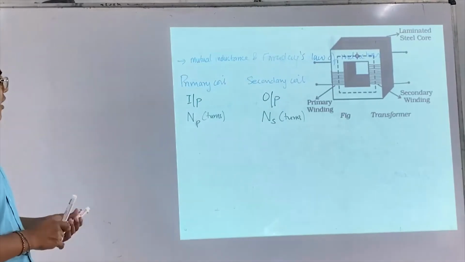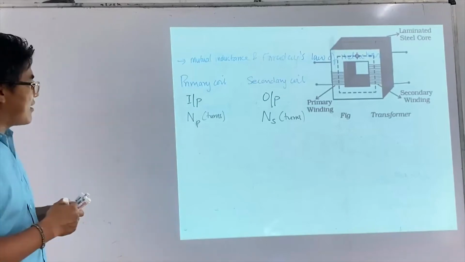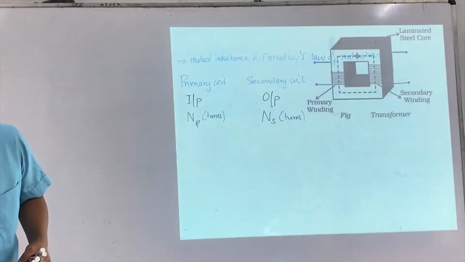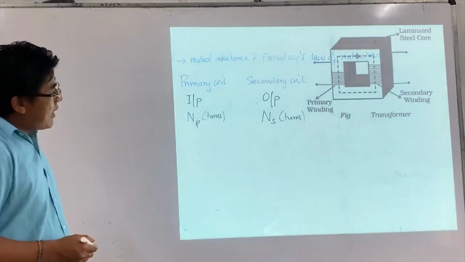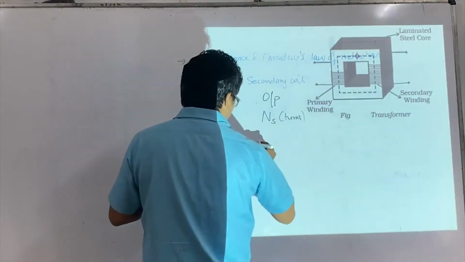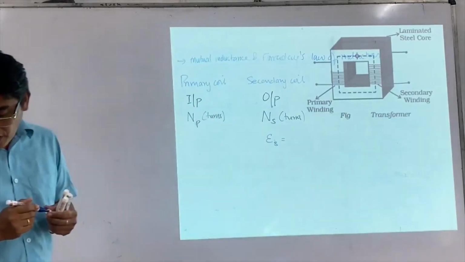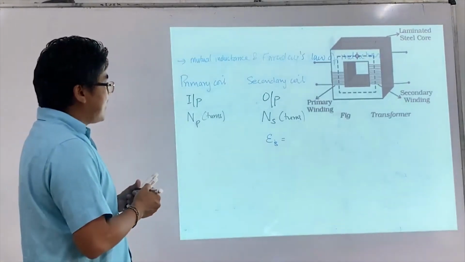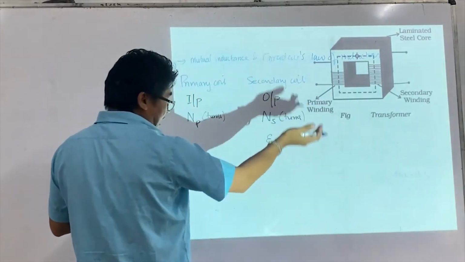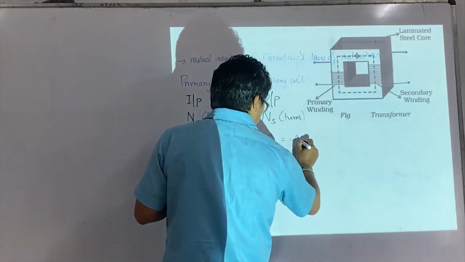All right. So now look at here. In the case of alternating voltage, in the case of alternating current, if the current in the primary coil is changing, then the magnetic flux is also changing, right? And then the voltage induced in the secondary coil is going to be this, minus